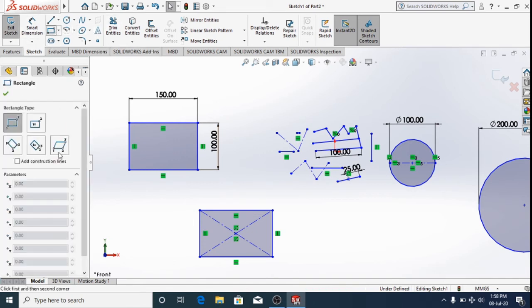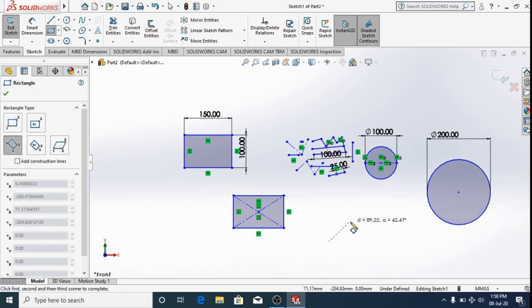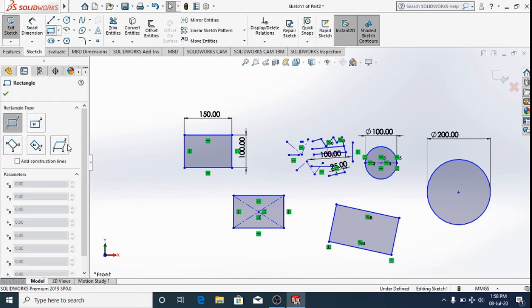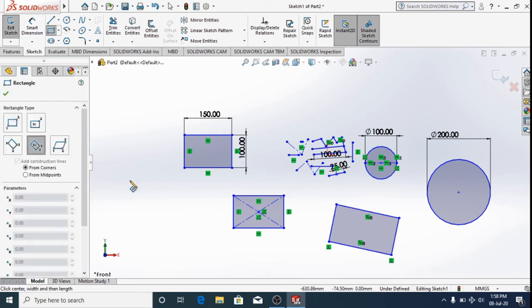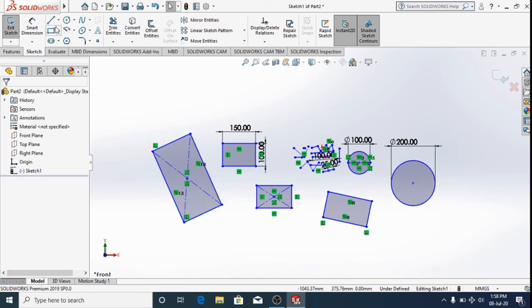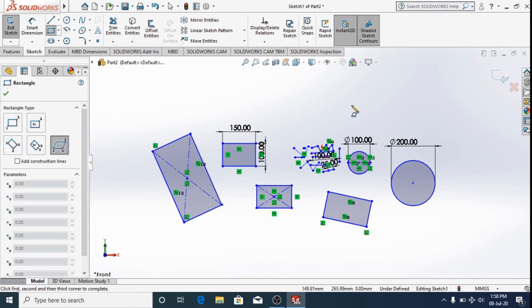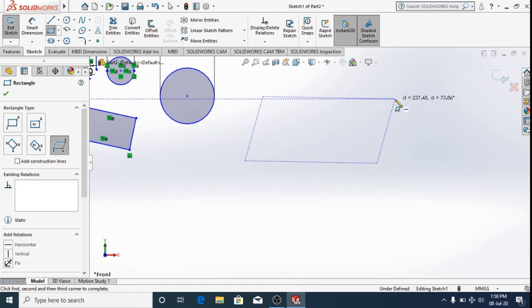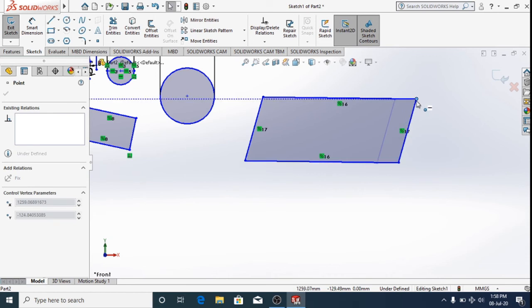And next, coming to the other features on the rectangle. The first one and the third one, these 3 points decide the dimensions of the rectangle. And coming to the fourth one, that will be the midpoint of the smaller side, and the third will give the dimensions of the rectangle. And coming to the last one, basically this is a rhombus, 1, 2 and 3, that gives a rhombus.